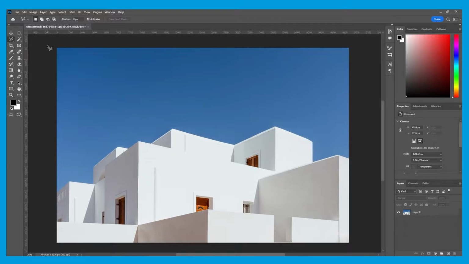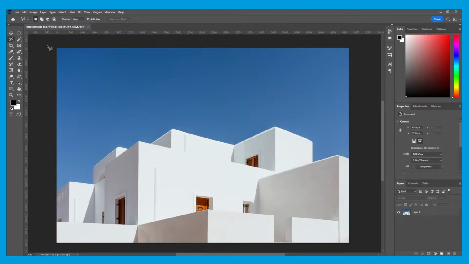You can also press Shift and L on your keyboard to cycle through all 3 different lasso tool options. Before we begin cutting, we need to make sure that the new selection option is selected, as we are making a new selection. It should look something like this. We also need to make sure that the feather value is set to 0 pixels, as this will result in a selection with a solid edge. The higher the feather value, the softer the edge of the cut will be. In this instance, we want 0 pixels selected, as we want a hard edge for this selection.